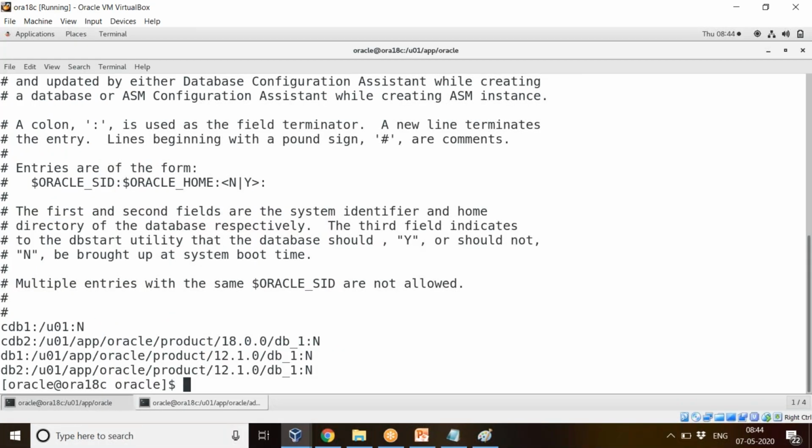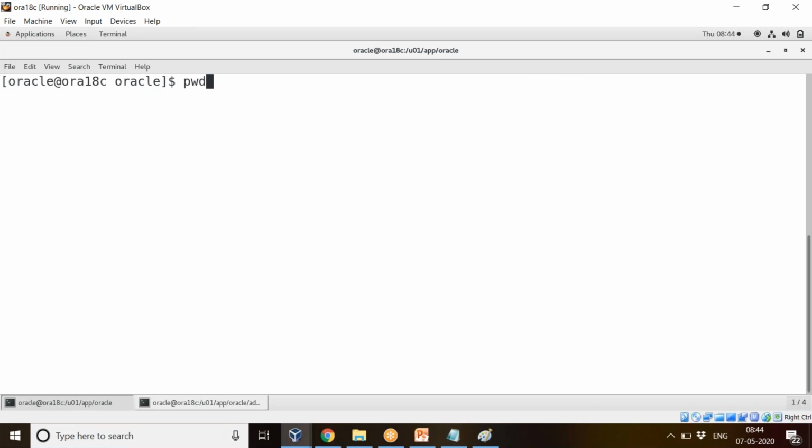So this is my present working directory. I'm under Oracle base. Okay, I'll go under network. Product, DB_1, here only network/admin.